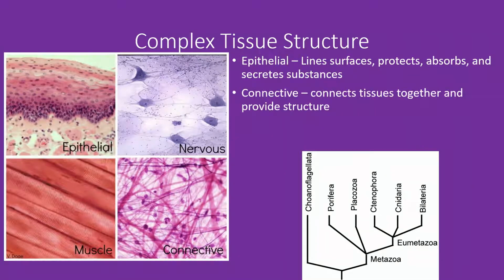Connective tissues help connect different anatomical parts. They can also provide structural support such as in bone and cartilage, and deliver nutrients and waste such as blood. Muscular tissue helps an animal move. And finally, nervous tissue helps transmit nerve impulses to create an action in animals. All four tissue types make it possible for animals to quickly respond to environmental changes and move towards or away